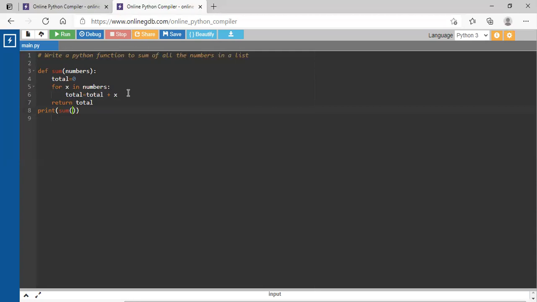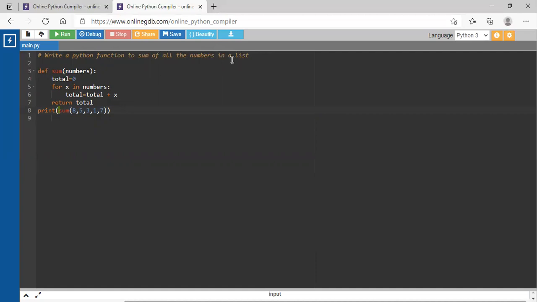So whatever the numbers you want to find the sum of, you will write that. So I just write 8, 5, 3, 1, 7. It doesn't mean that you have to write only these numbers; you can take any other numbers also. The thing is, you have to call this function, this sum function. The cursor moves to this definition only.